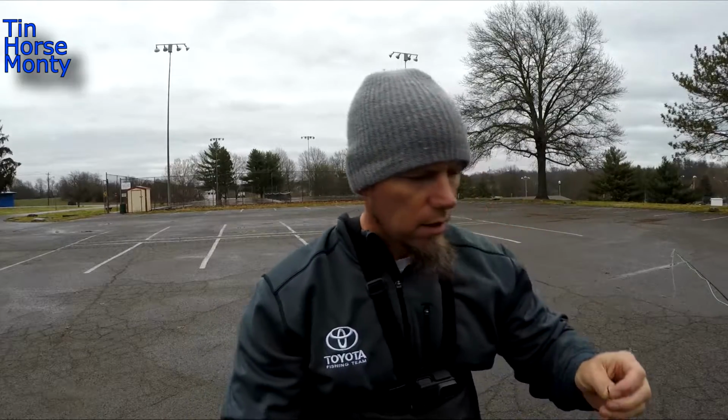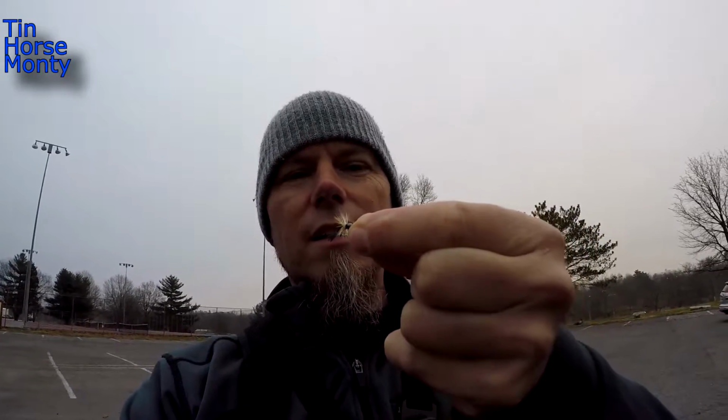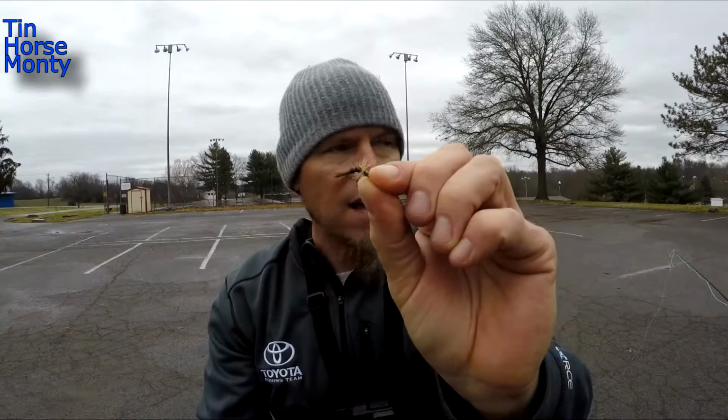All right, I'm down here at the park trying to figure out what I want to fish with. Got a limited amount of time. It's overcast, kind of raining, so I'm gonna go with something a little bit bigger. I've been catching them on this little thing. This is a little nymph that my buddy Ken tied for me. He lives out in Colorado now, but he used to live in the same neighborhood. It's just like a peacock herl with a little tungsten bead, and it's something he came up with, as far as I know. I don't know the name of it, but it's a little fish catcher. It's been an excellent fly, but